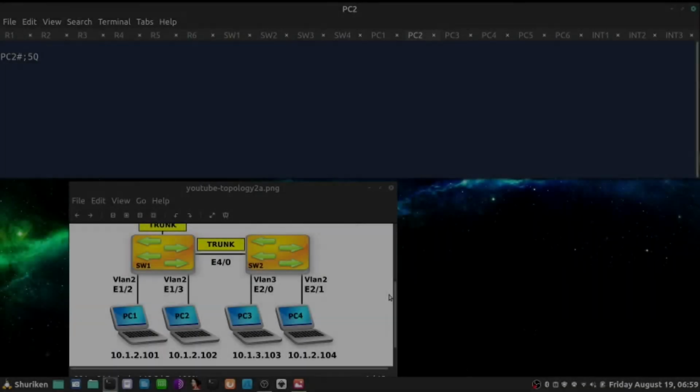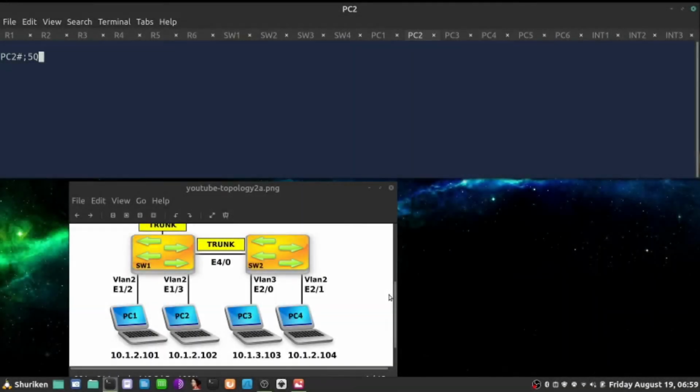In order to make the traffic flow between VLANs, the first step is to assign a different layer 3 IP address subnet for each VLAN. So that's what I already did. My subnets are 10.1.2.0 for VLAN 2 and 10.1.3.0 for VLAN 3. So my PCs also point to the default gateway, and for VLAN 2 that default gateway IP address is going